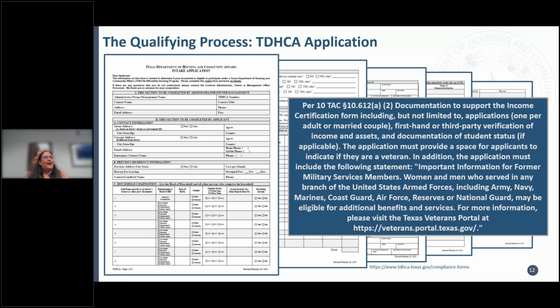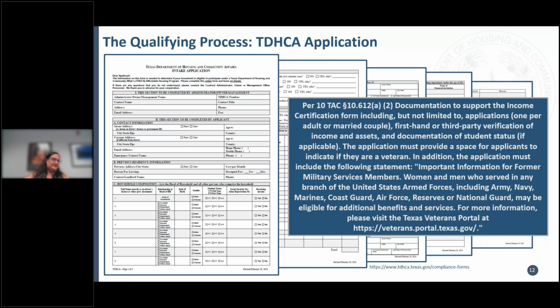We learn a lot about GoToMeeting every single time we have a webinar. So you want to be sure that you're having folks complete their own applications and that you are getting these for each adult so that you can effectively screen and qualify your households. There is a question, though. Okay, what is the question?